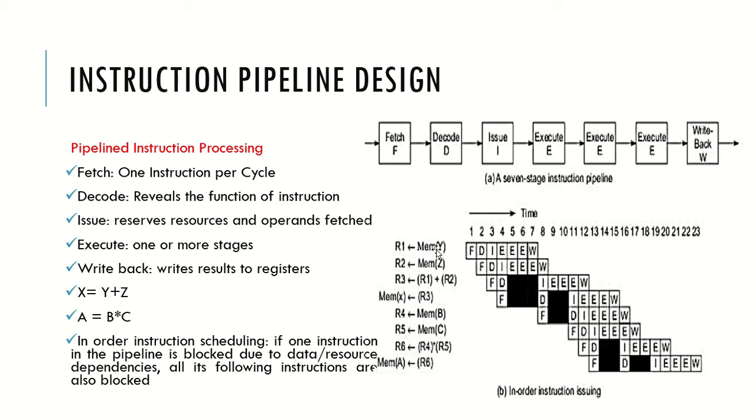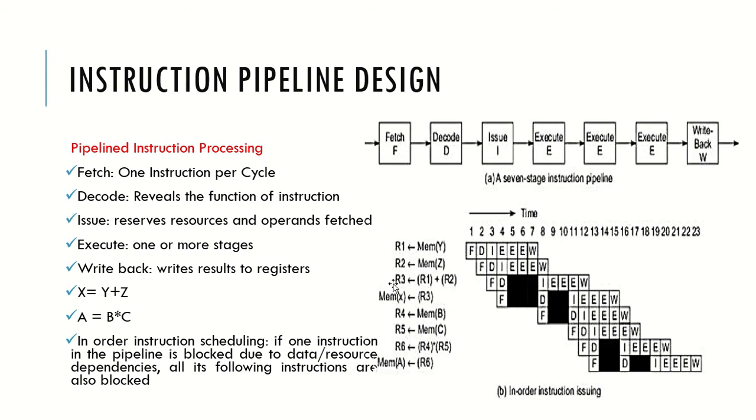So what was first instruction? You have to copy the content of Y to R1. Okay, so that is the execution that has to happen. So there are three stages of execution. What you have to do? You have to start with copying, right? So you copy, so that is done, and since this is a 7-stage pipeline, at the end of the 7th clock cycle you will have the final result in R1. Okay, so the content of Y is stored into R1. Similarly, the content of Z will be stored into R2 in the 8th clock cycle.